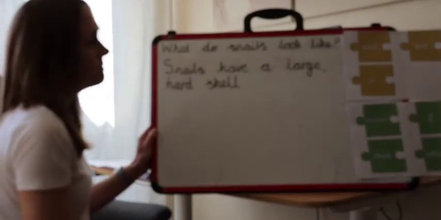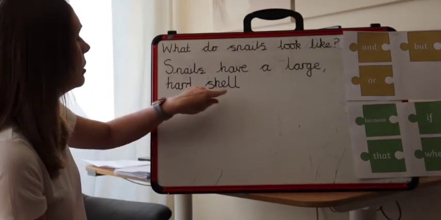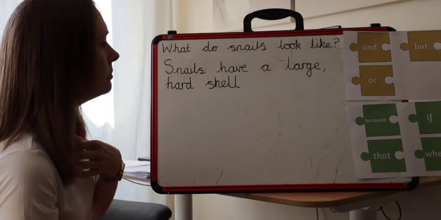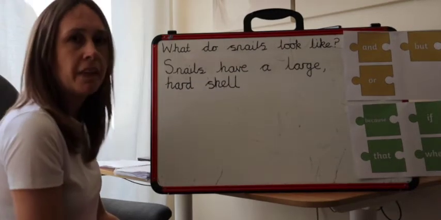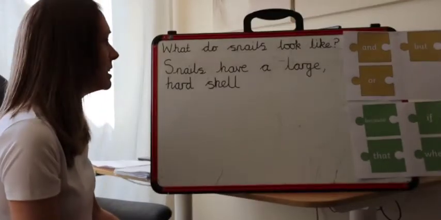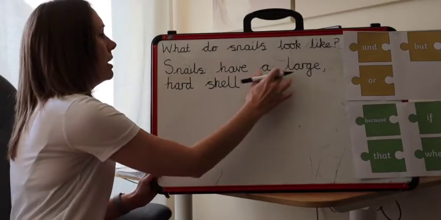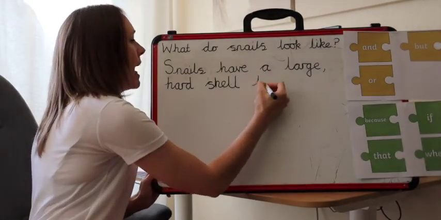Now, I want to think about whether I can add a conjunction into this sentence to make it a bit longer. So far I've got snails have a large, hard shell. I think I can use the conjunction that. Snails have a large, hard shell that